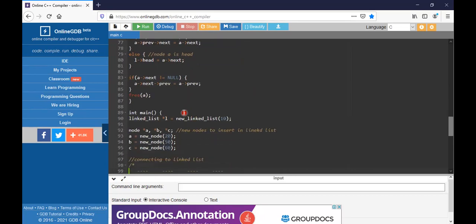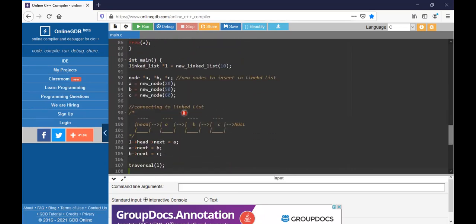Likewise the deletion also. See here in this representation, I created 2 nodes 20, 50, 60, but didn't insert them here. See here, the list will be head A, B, C, and then next null.